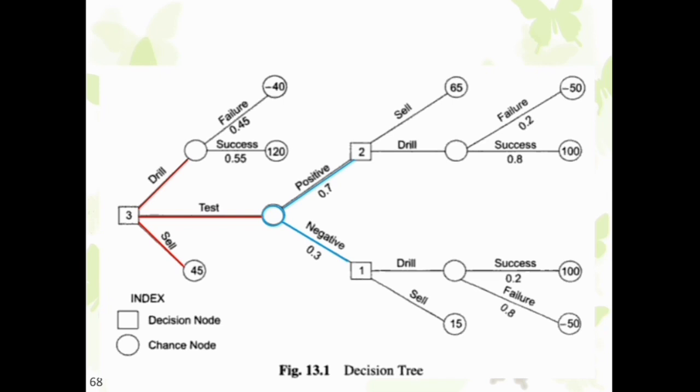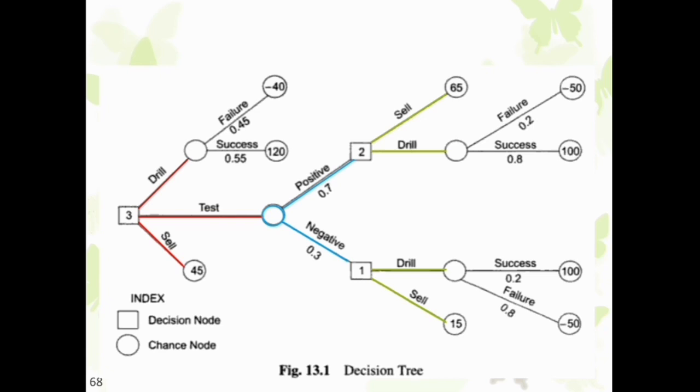After the tests are conducted, what are the options available to the company? This is the third question. We had already seen that the company again has 2 options, either to drill regardless of the test results, or they can sell their drilling rights to another company. The payoff values are all given in the table.